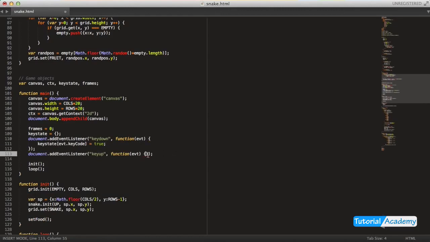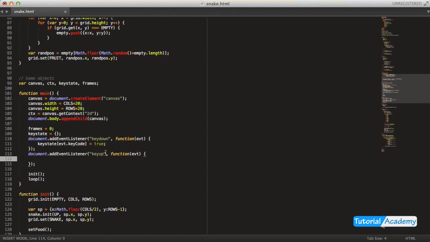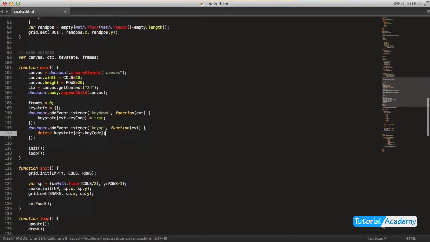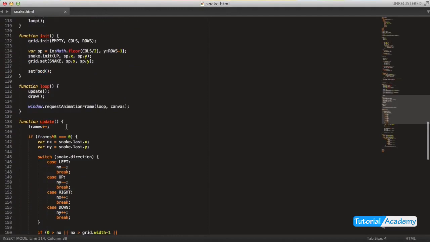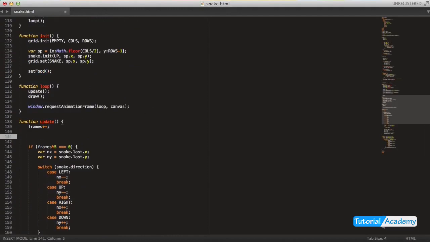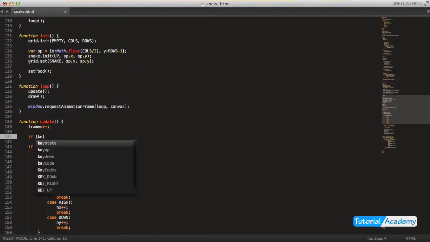I need to remove it on the key up. We just want to remove it, so delete key state event dot key code. So that's it. So now we should have working capturing of the key state. So let's just update the direction of the snake then. So here we can just say if key state